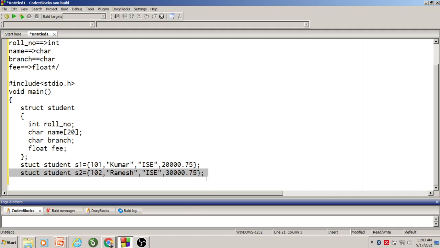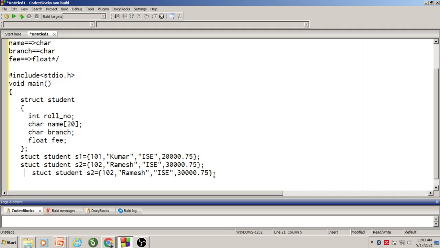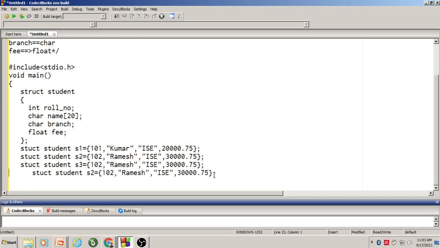Fine, so this is the next student. The third student is represented by S3, and the fourth student is represented by S4. We shall change the data.